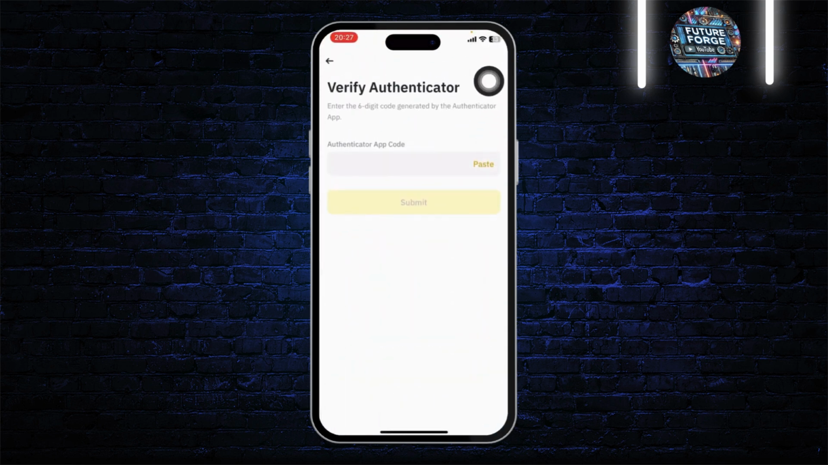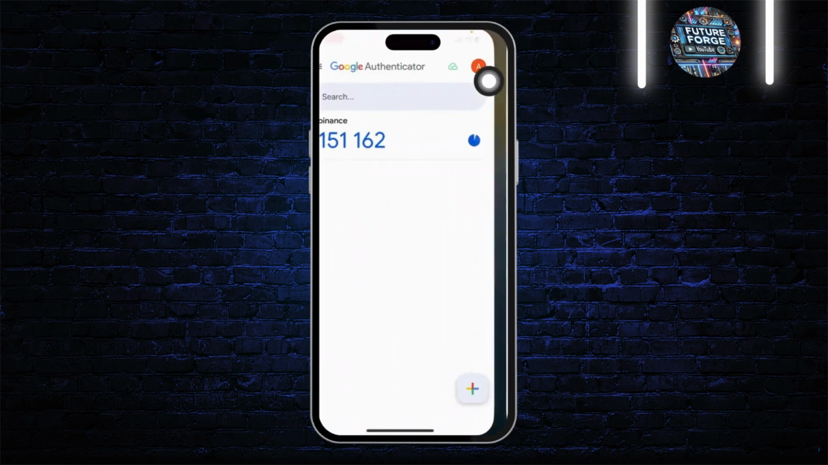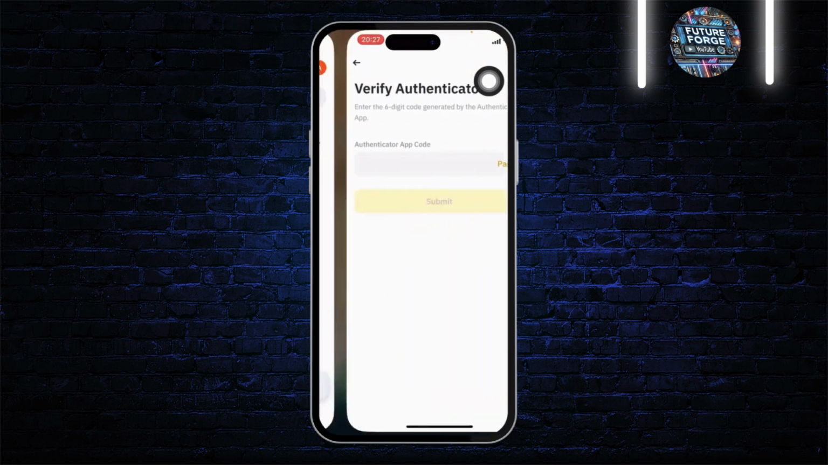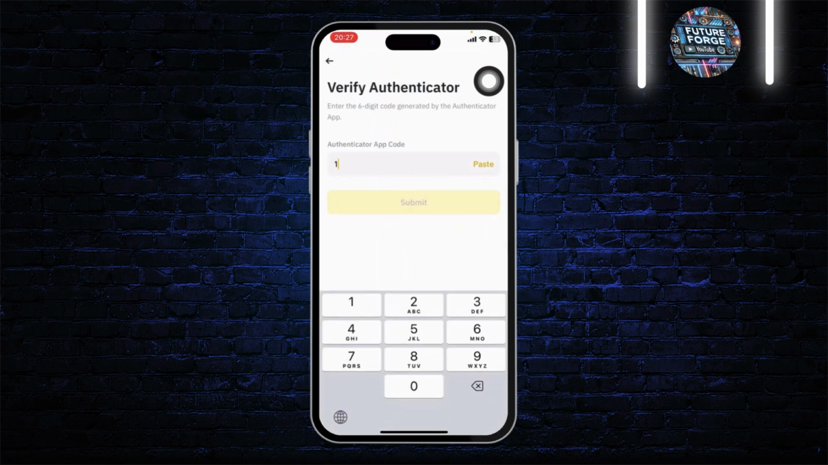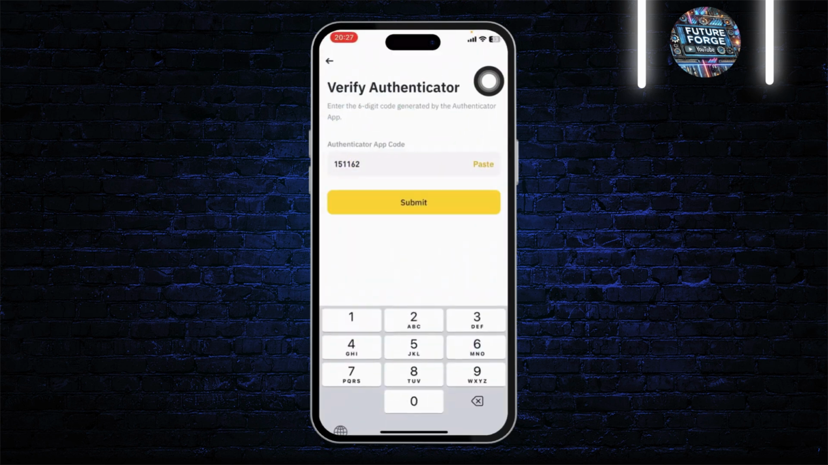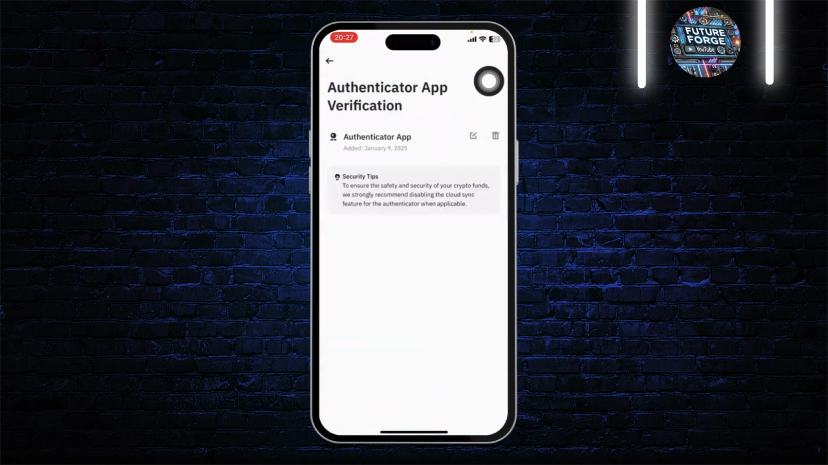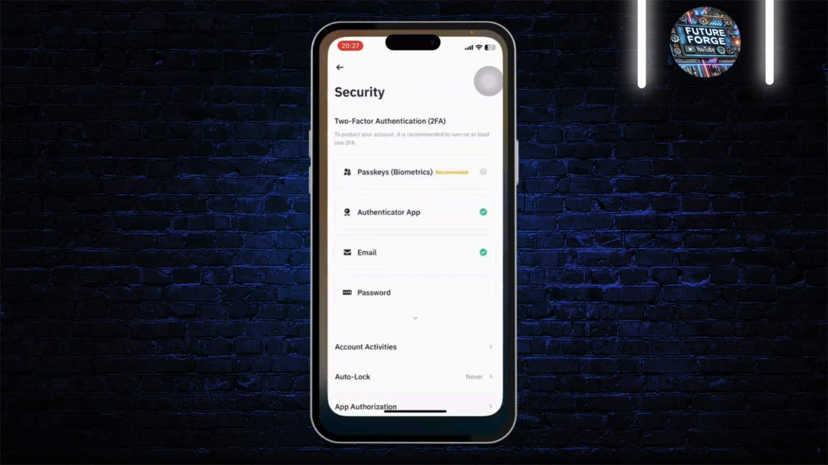Now you will need to enter the 6-digit code generated by the app here. And after you do that, you will have basically enabled your Binance. So let me do that here. 162, tap on submit, and you're good to go. So that is how you can enable Binance